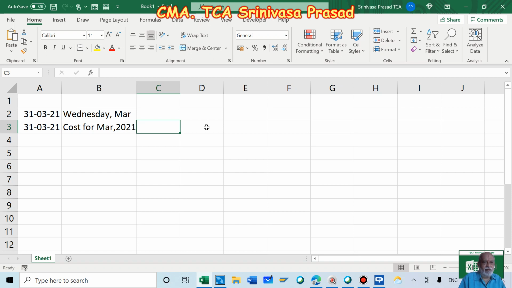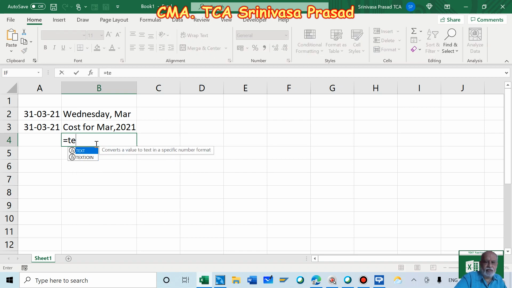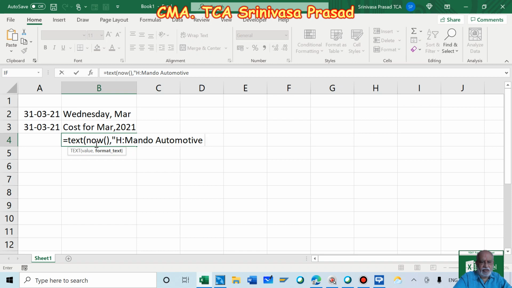Suppose you want a particular time to be given as AM PM, you can make that change also. Right now it is 15:55, so I can write TEXT within bracket, open bracket, close bracket, comma, I put h, then colon mm, then AM/PM, then I close it.